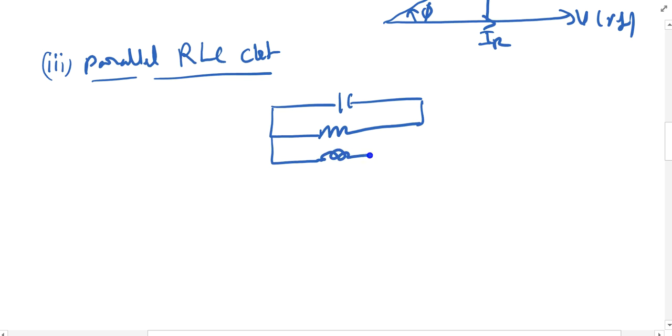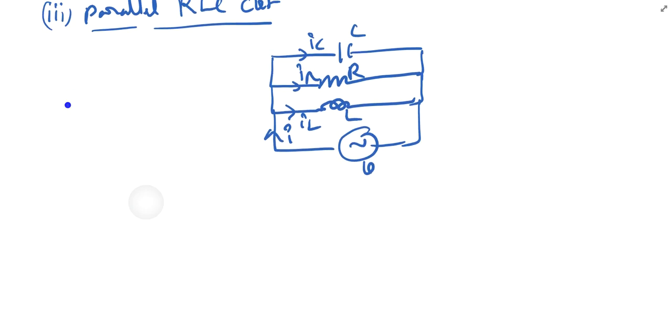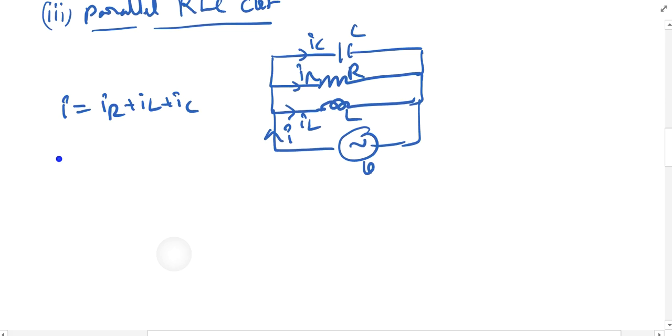So this is my parallel RLC circuit, and these are my currents IL, IR and IC. Then my current I is equal to IR plus IL plus IC,